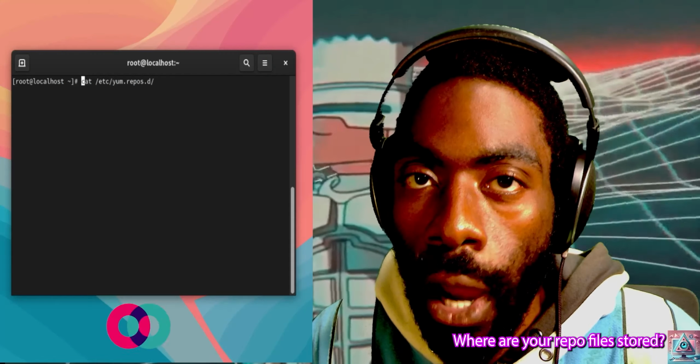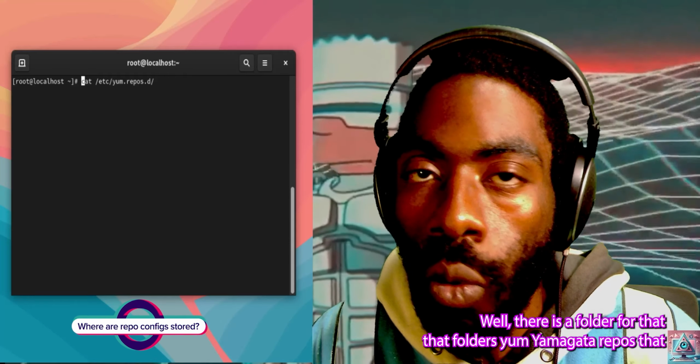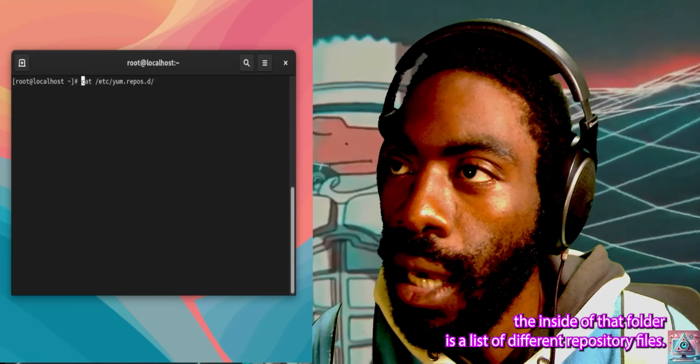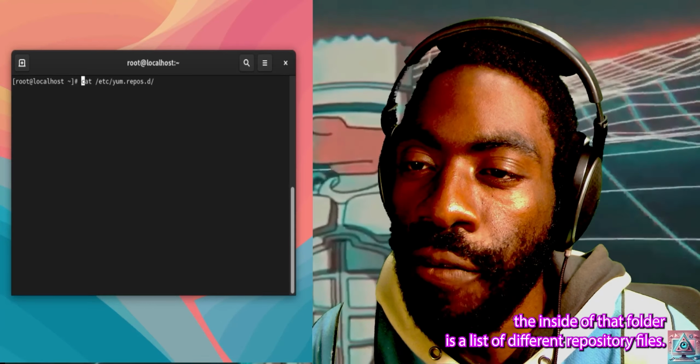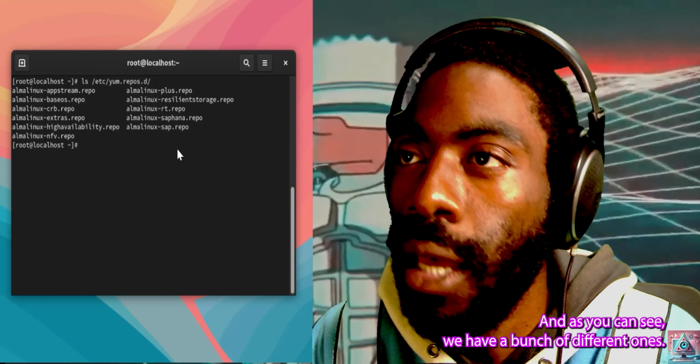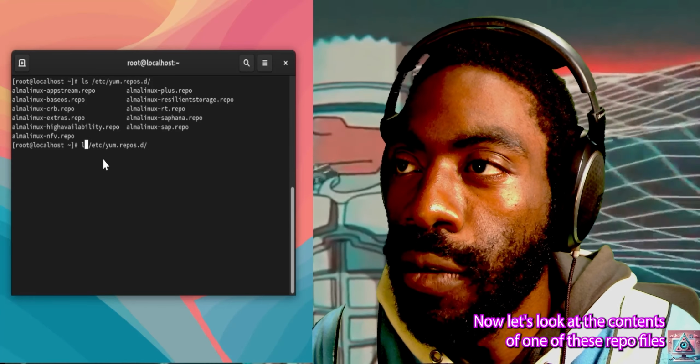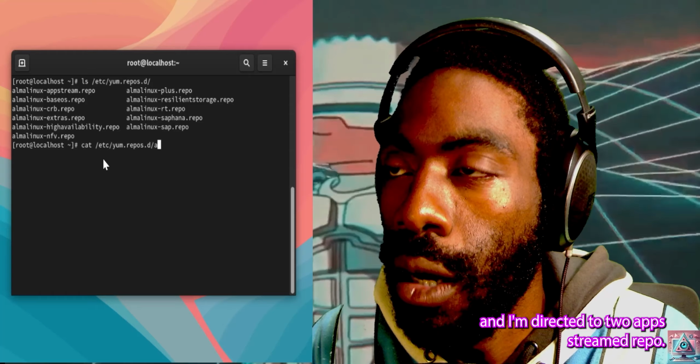Acoustics unite! Where are your repo files stored? Well, there's a folder for that. That folder is yum.repos.d. Inside of that folder is a list of different repository files. Let's list some of them. And as you can see, we have a bunch of different ones. Now let's look at the contents of one of these repo files, and